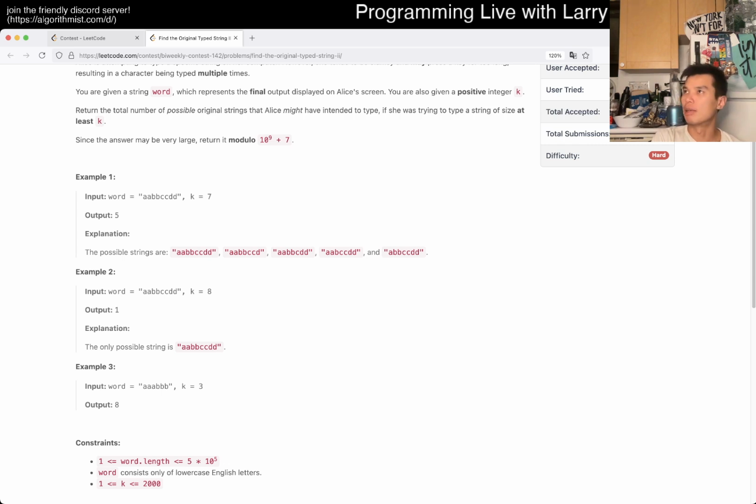Is that too many dimensions? Probably. 5 times 10 to the 5th. No, it could be like 2 to the whatever power, so that cannot be crazy. But why is k so small?